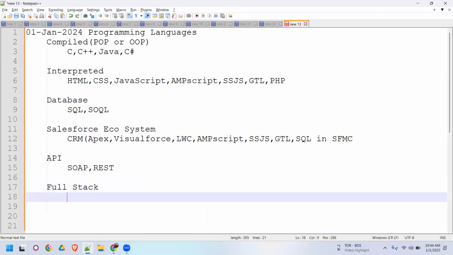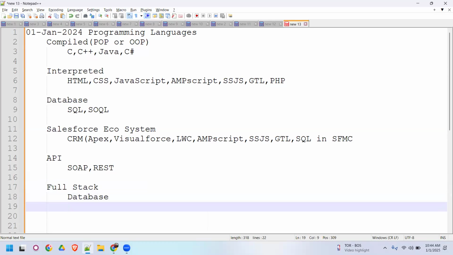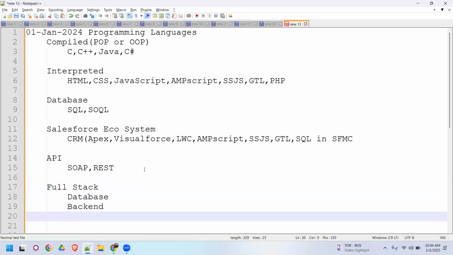where you can handle the backend. First, you'll be able to handle the database. You should be able to do backend programming. And then you should be in a position to even handle front-end development. Okay, this is the ultimate goal we are planning to cover in this entire series of the programming